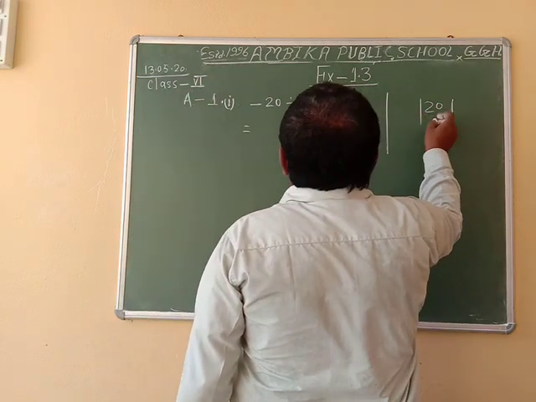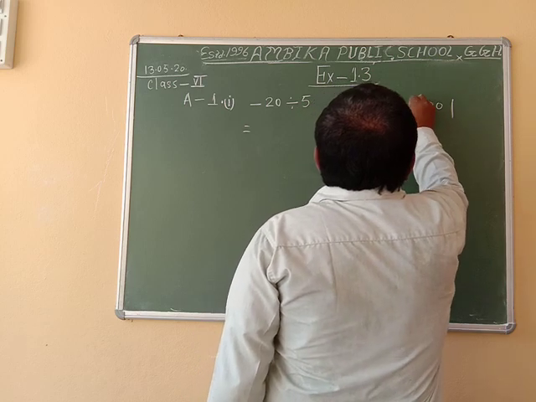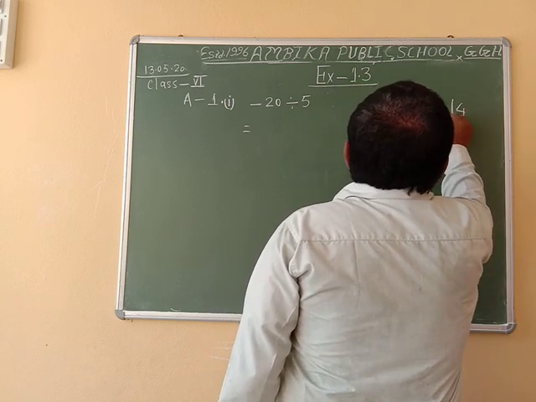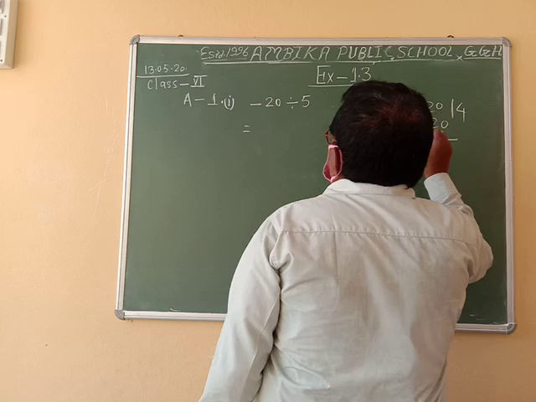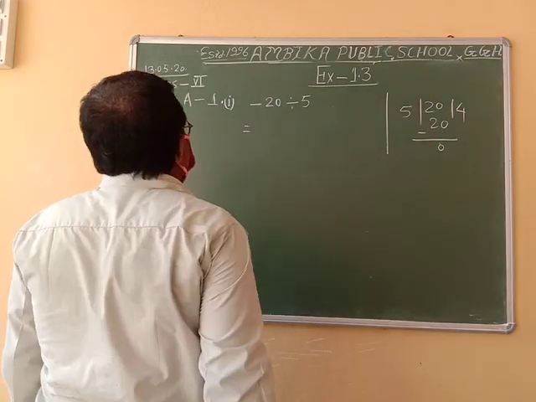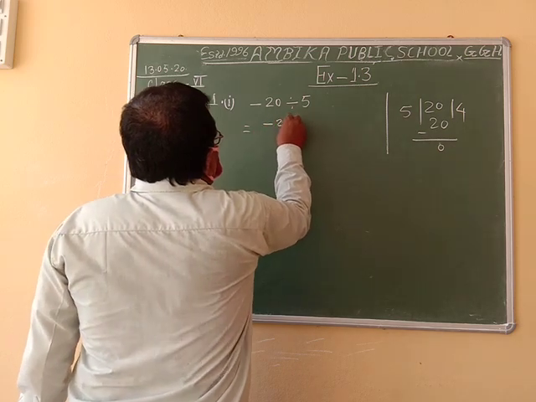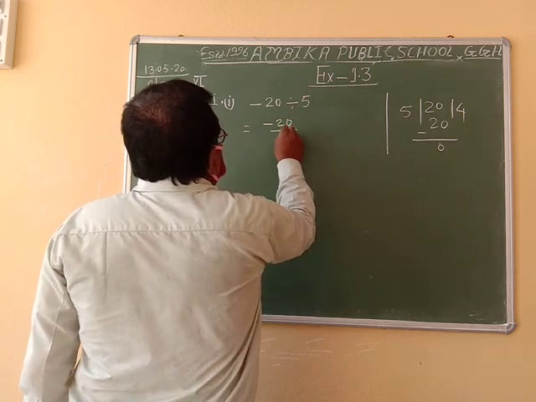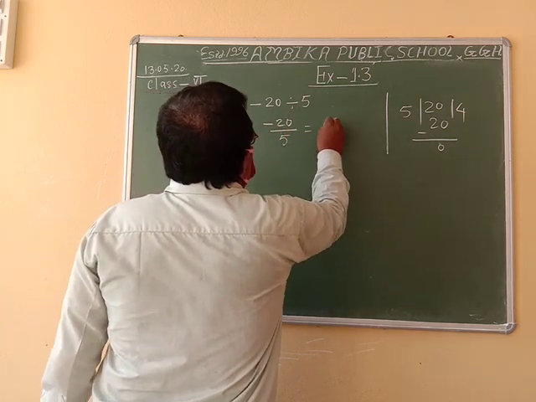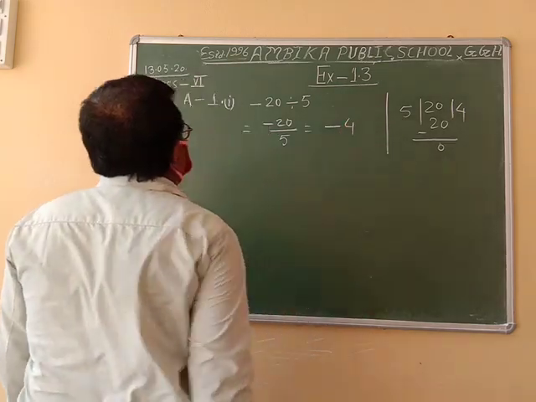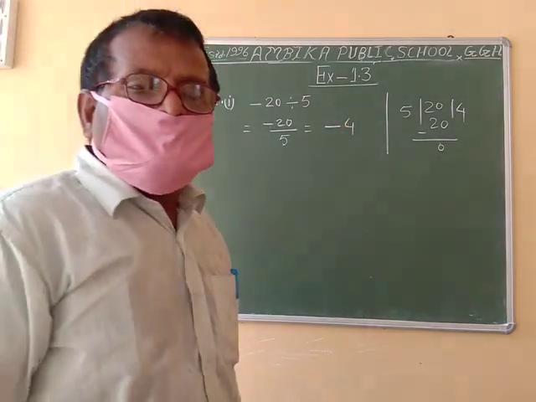Minus 20 divided by 5. If we divide 20 by 5, 5 fours are 20. We write in the form of division, minus 20 divided by 5 is equal to minus 4. Similarly,